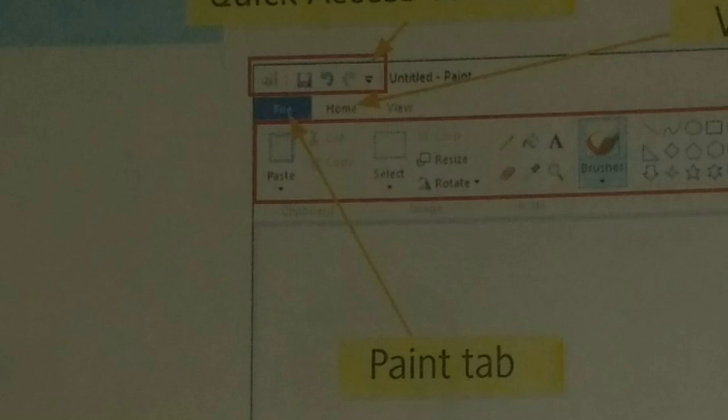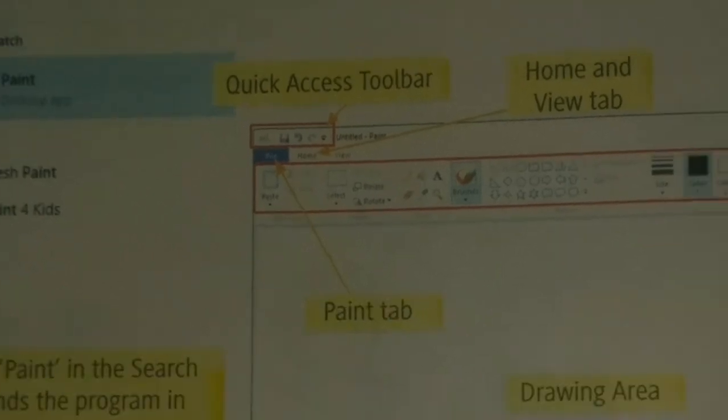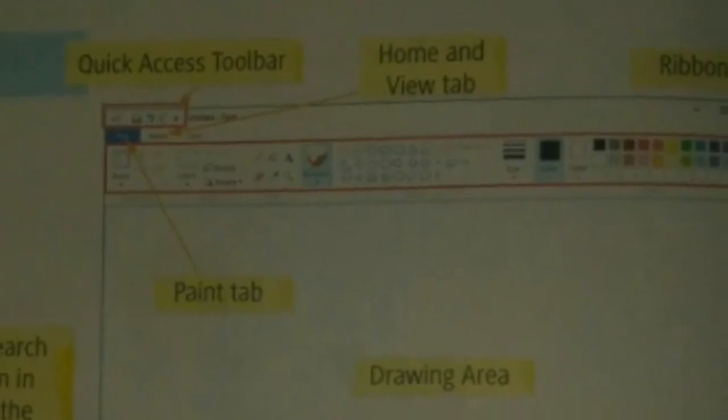The third one, file tab. Clicking on the file tab opens a list of options for creating a new drawing, opening an existing drawing and saving a drawing. The next one, home and view tab.